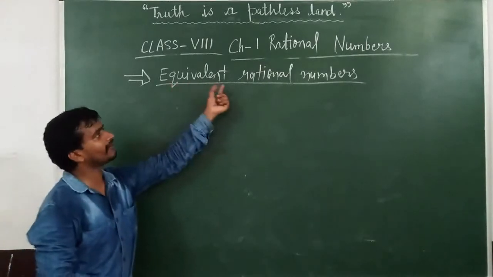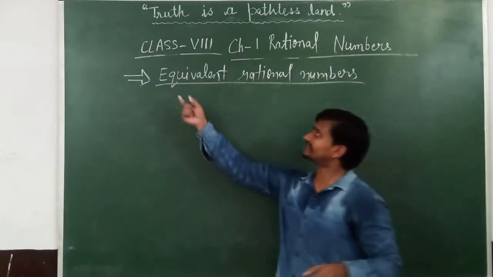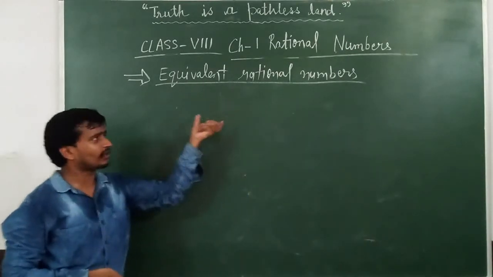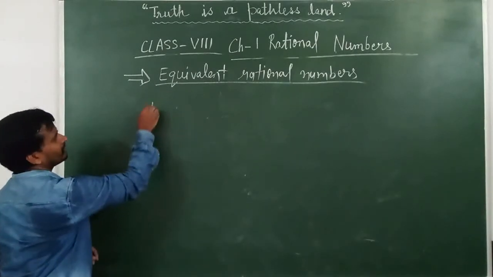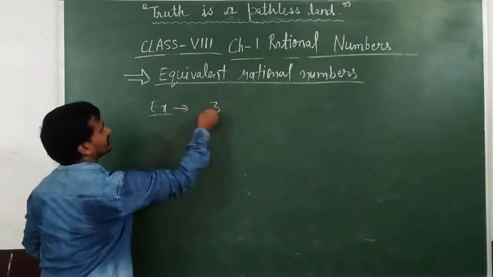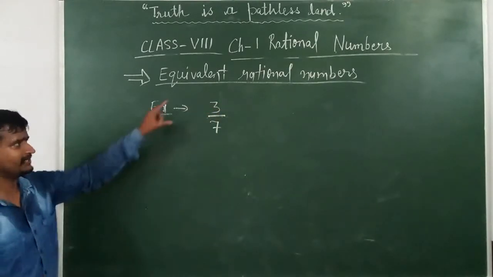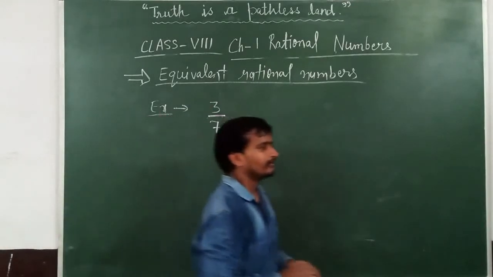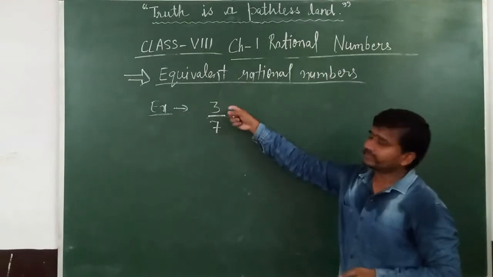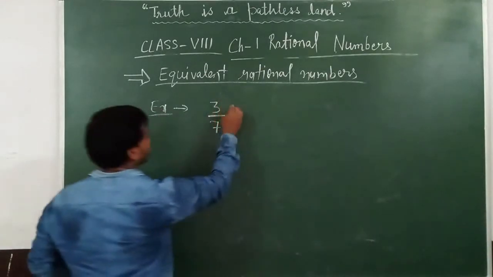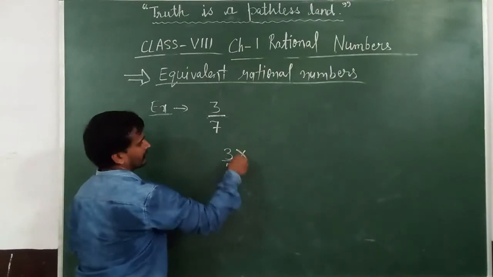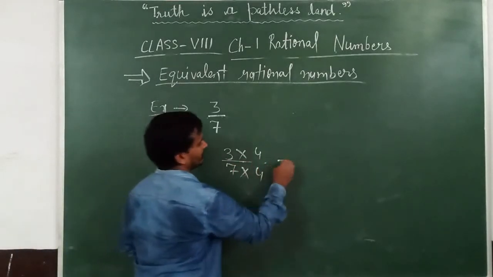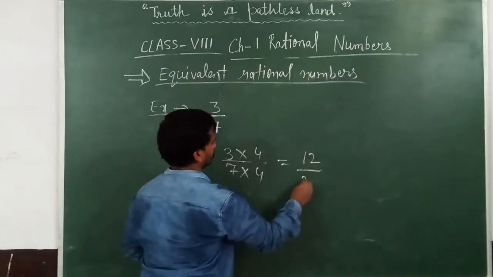Next one is equivalent rational numbers. As the name suggests, equivalent means they will be equal. So, equivalent rational numbers are obtained from a rational number. For example, 3 upon 7 is a rational number. If we multiply this rational number by the same non-zero number in numerator and denominator both, say numerator by 4 and denominator by 4, then we obtain 12 upon